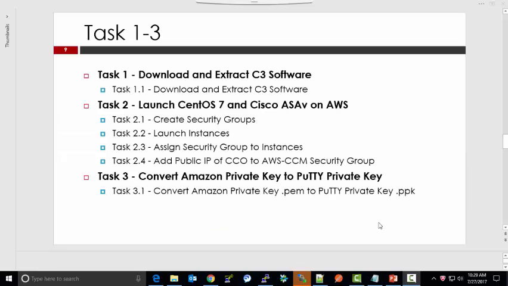Okay, so now we are going to show you some of the tasks, starting from task 1 to 3 in this section. The first task is, as you know, that you'll have to have the CloudCenter software from Cisco. So you'll have to have the authority and right credentials to get that software. Once you're done with that, you'll basically launch the CentOS